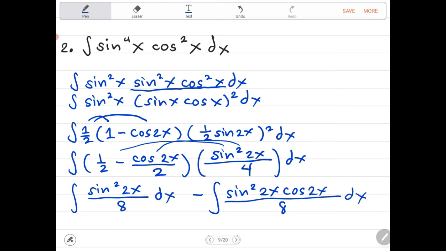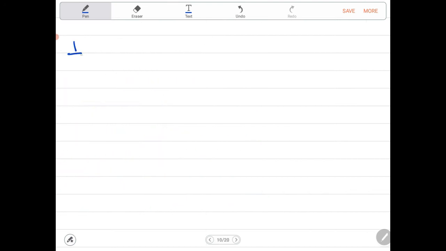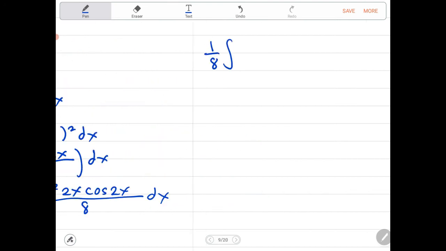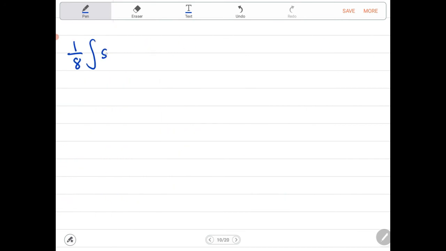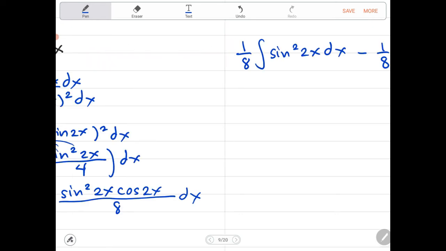So let us remove the fraction as a constant, so you won't get confused. We can rewrite it as 1 over 8 the integral of sine squared 2x dx. Then the other one, minus 1 over 8 the integral of